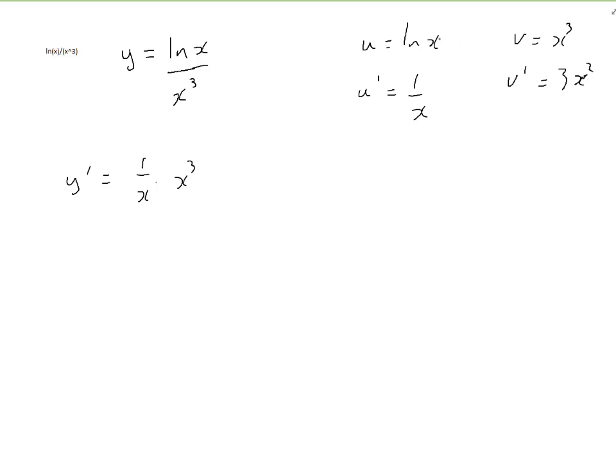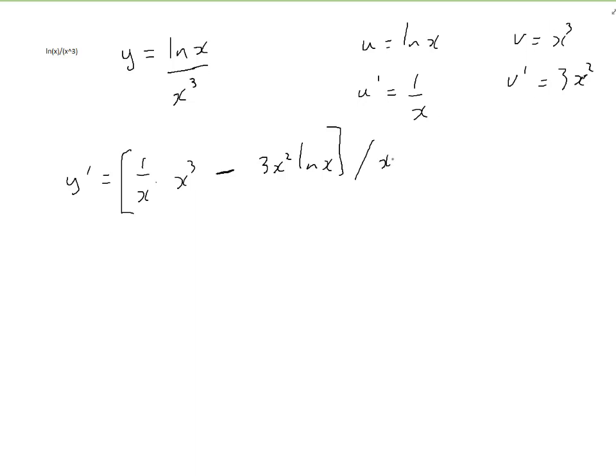And then this one left alone and this one differentiated. So I'd write it in this order, 3x squared, this one differentiated times log x. That's the same as the product rule, but one of the differences is that here we have to put a negative. The other difference is that when we finish this, we divide by v squared, which is this one squared,